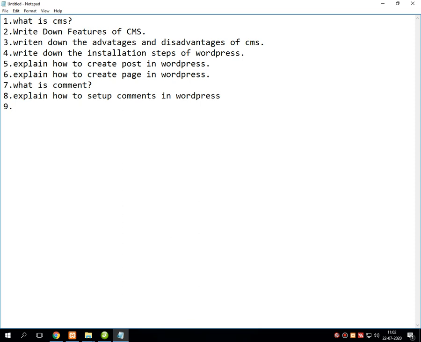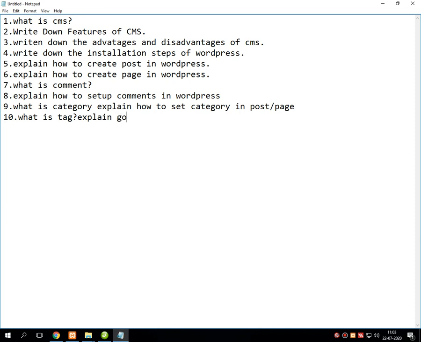9. What is category? Explain how to set up category in post as well as page. Then what is tag?